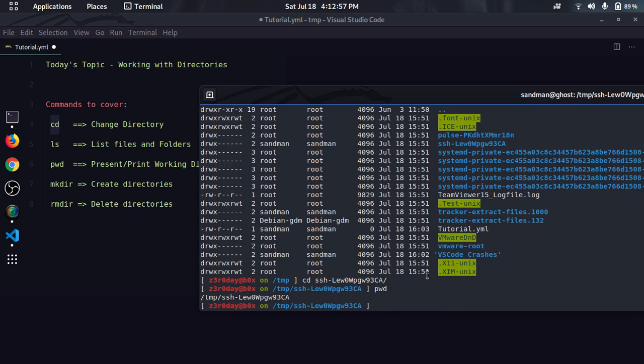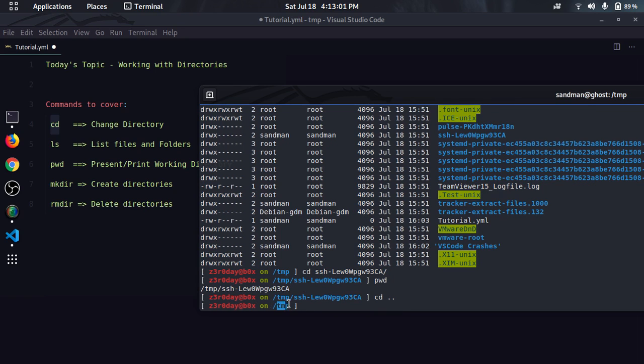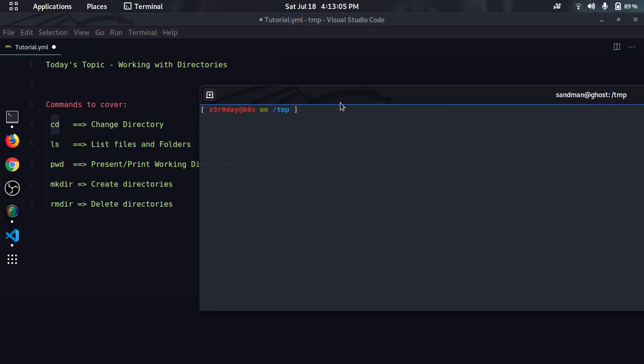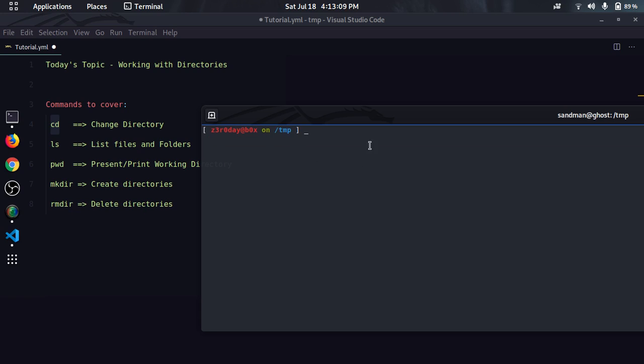To move one directory backwards, we can use cd ... Now you can see I'm back in temp. So this is very basic use of the cd command. Now I'm in home directory. We can even change to our home directory using this shortcut. cd without any argument will bring us back to home directory. This symbol represents our home directory. Let's verify it using pwd. Now you can see I'm in home directory.